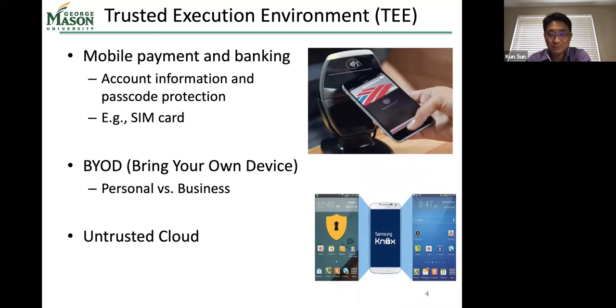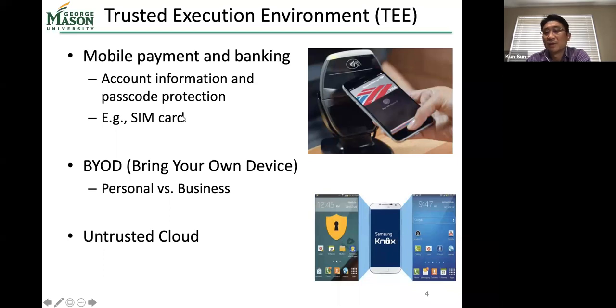One example of a TEE is our SIM card. You can think of the SIM card as a co-processor that processes everything inside this small card. So even if your smartphone has been compromised, the information processed and the keys stored in the SIM card